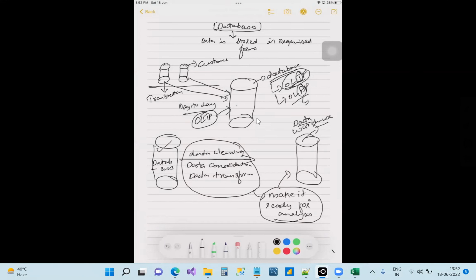But once you perform your data cleaning, data consolidation, data transformation, and all these steps, and you have your data ready for analysis, so that someone can take an informed decision on the basis of it, when you keep that kind of data in a database, that becomes your data warehouse. Okay, you all are with me, right? So all these steps you are doing over here to make it ready for analysis, this process is called data wrangling. What is called data wrangling.